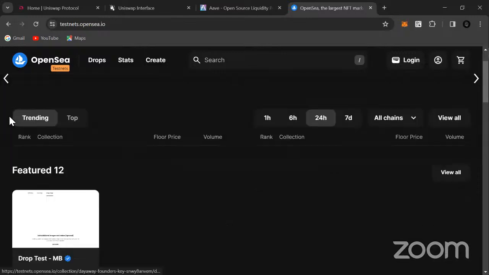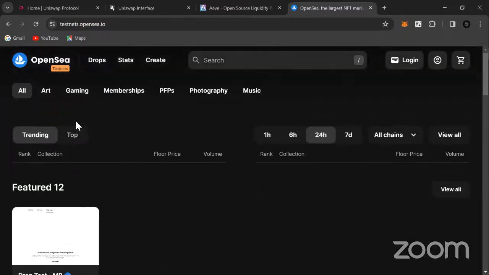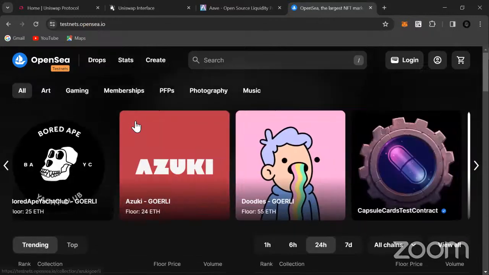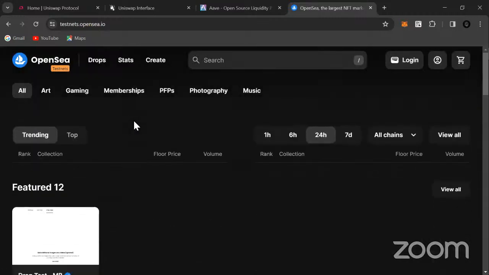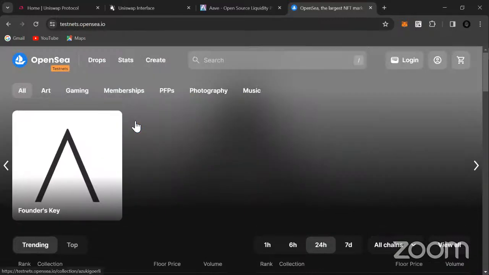So basically that's what OpenSea does. You can go there, sell your NFT, buy an NFT, and also create your NFT. For the purpose of this class, we'll create an NFT and try to sell it. Let's see how it works, right?